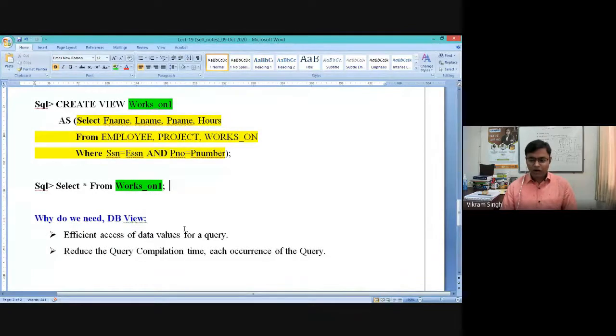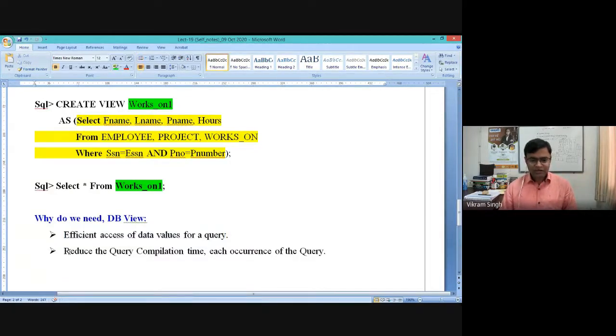And naturally, the obvious advantage of this is that it will give some efficiency in data retrieval, because we have saved the compilation time. You can assume that if a query is requested on a daily basis, suppose on a particular database or some particular set of requests we are getting thousands of requests on the same query, it is better to have these queries compiled, right? Because it is saving some processing time also.